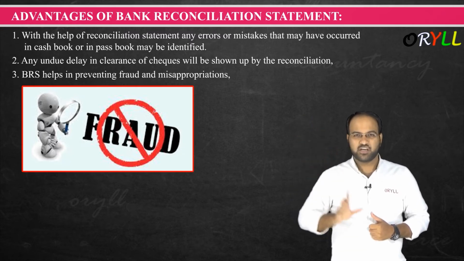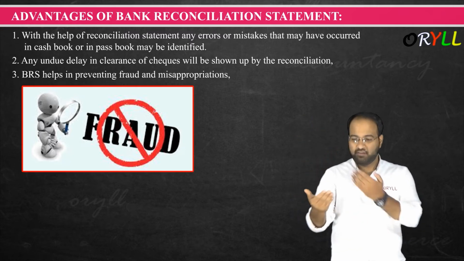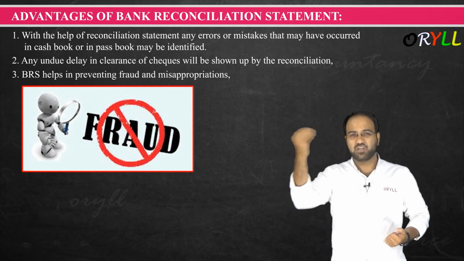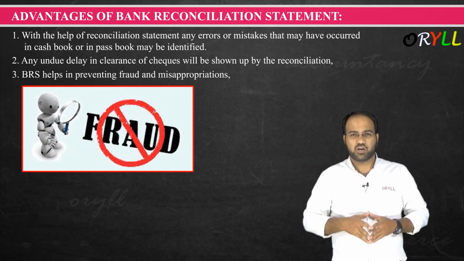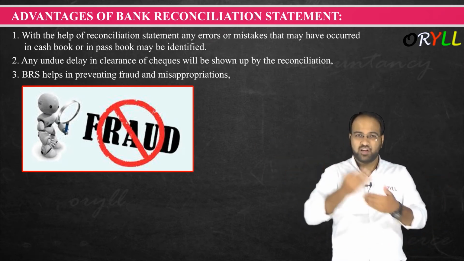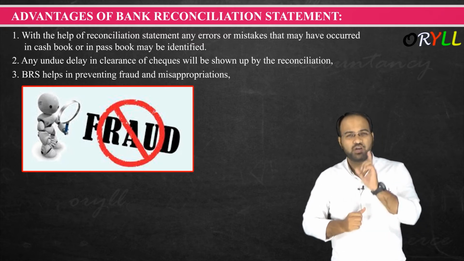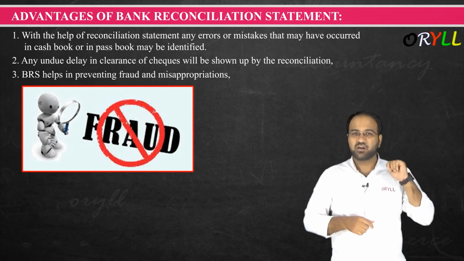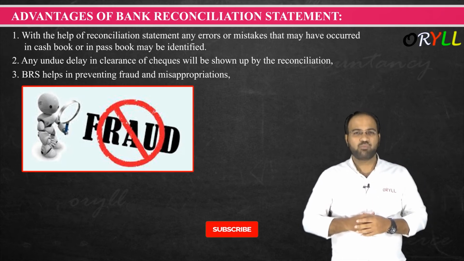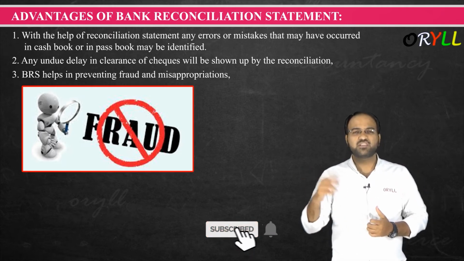This check is deposited into the bank. Now the bank will see the value, which is only 20,000 rupees, so the bank will credit only 20,000 rupees into the account. So now, when the businessman reconciles this, he will see in the bank passbook it is showing only 20,000 rupees, but in our cash book it is showing how much? 30,000 rupees. So where is this 10,000 rupees?